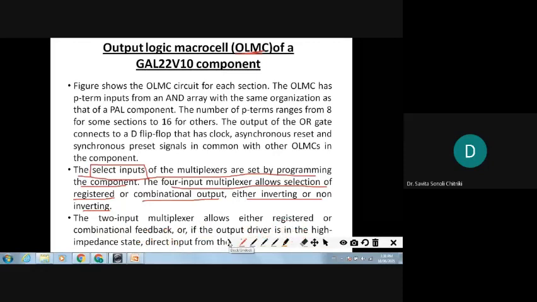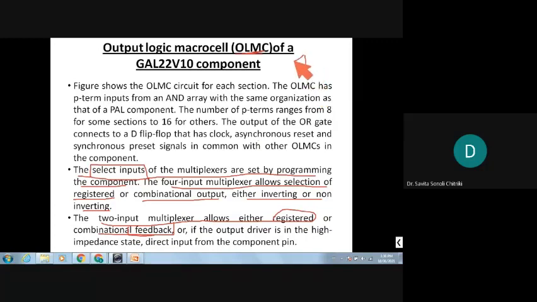Now what is the job of the 2 input multiplexer? The 4 input multiplexer has its job already. The 2 input multiplexer allows either the registered or combinational feedback. Basically, that 2 input multiplexer is used for feedback. And from the pin, data comes directly. So that is being connected. So either it could be again an inverted or a non-inverted. So the 2 input multiplexer allows either registered or combinational feedback, or if the output driver is in high impedance